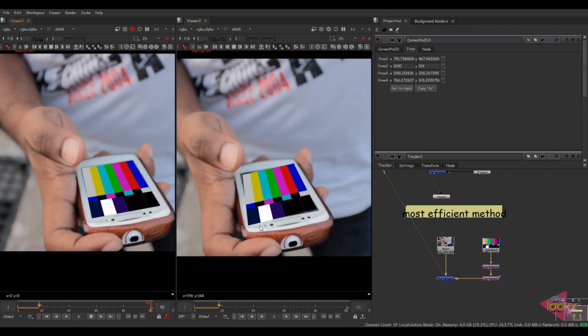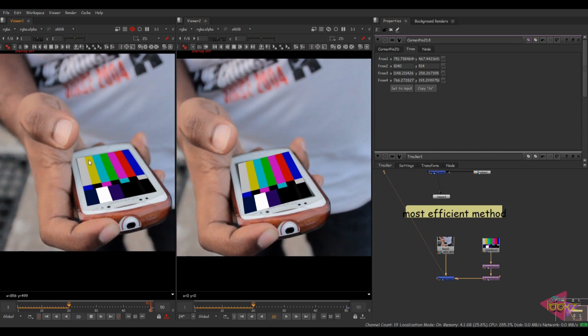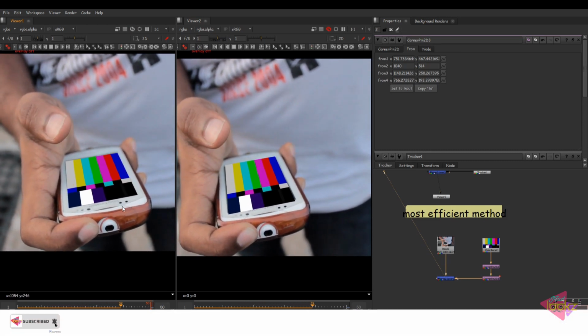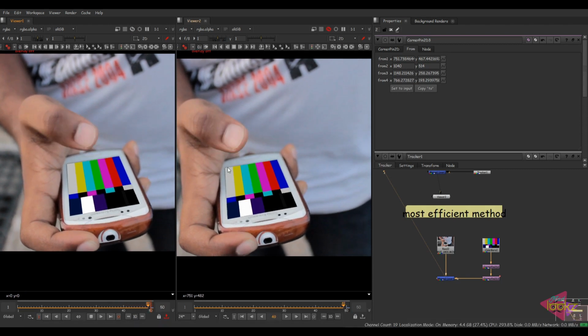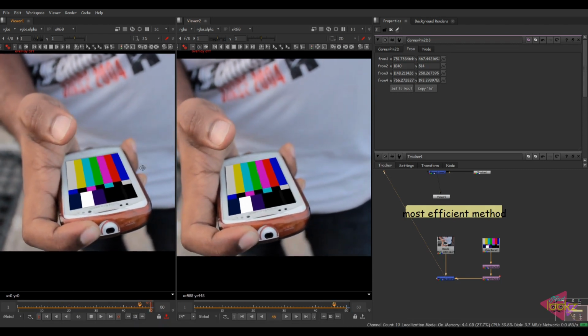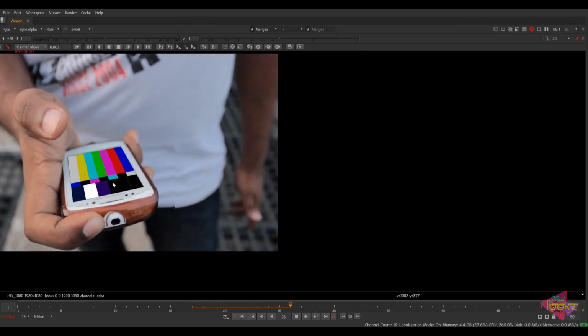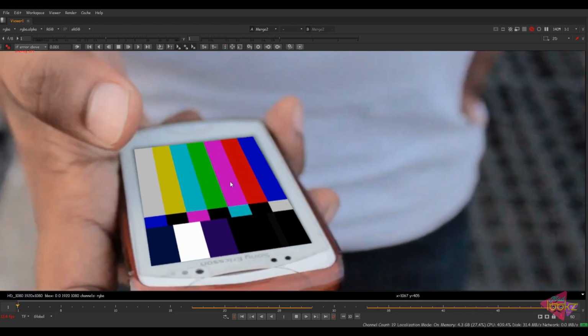Here you can see that the corner pin is way better than the tracker node, right? What it does is attach the tracking data to the four corners of the corner pin node. Instead of using the tracker, you can use corner pin, because the tracker will average all four tracking points and give a result.